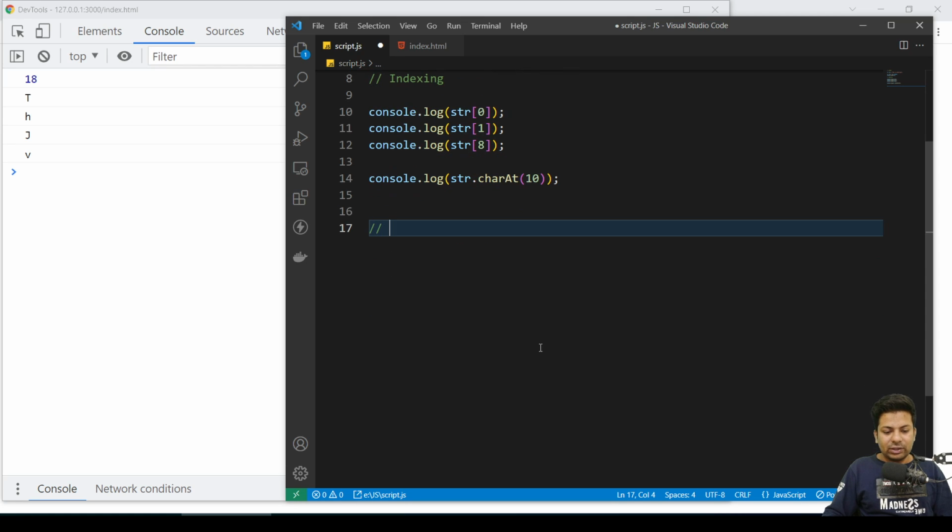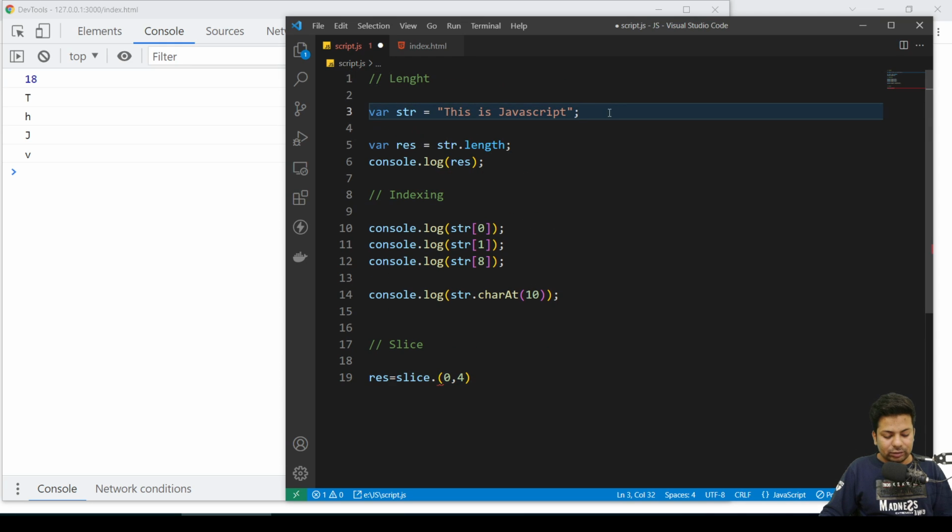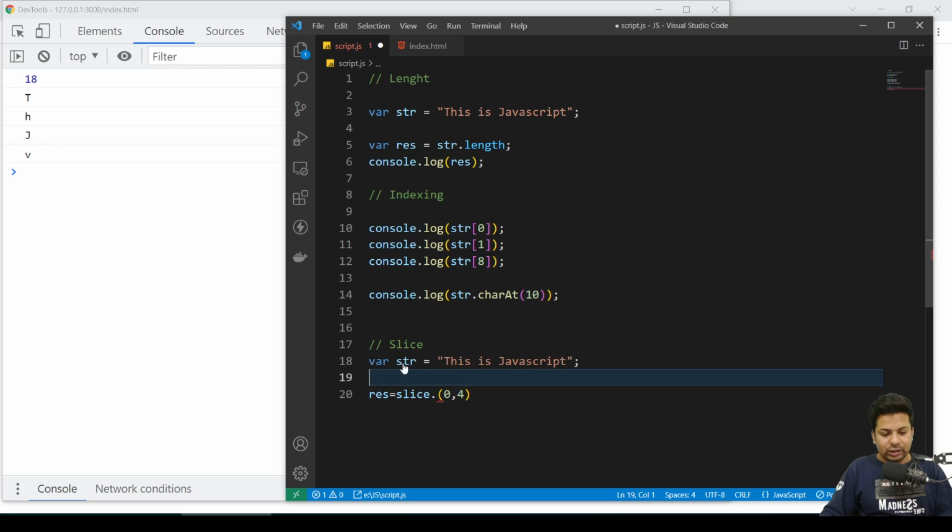Now we'll see slice. Okay, slice is very good. So suppose I'll say res equals str.slice, and I'll say 0, 4. Okay, so let me cut from here and paste it, so I can tell you.